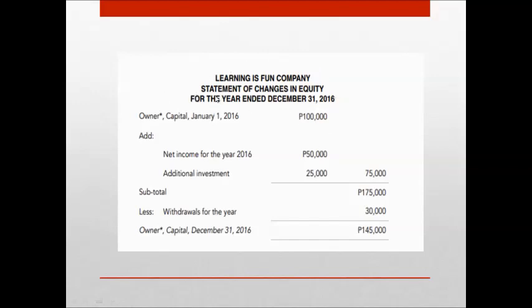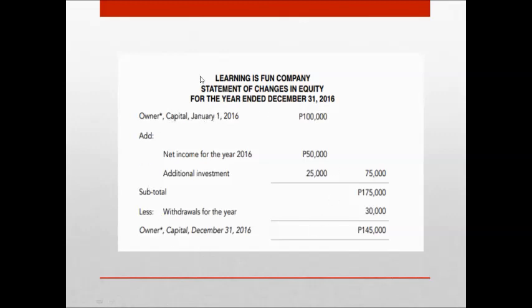And lagi silang for the year ended or for the month ended, depending on the accounting cycle that you will do. So if the accounting cycle that you have is on a monthly basis, it should be for the month ended. And if it is on a year basis like this one, it's for the year ended siya. Now, as you can see, meron tayong